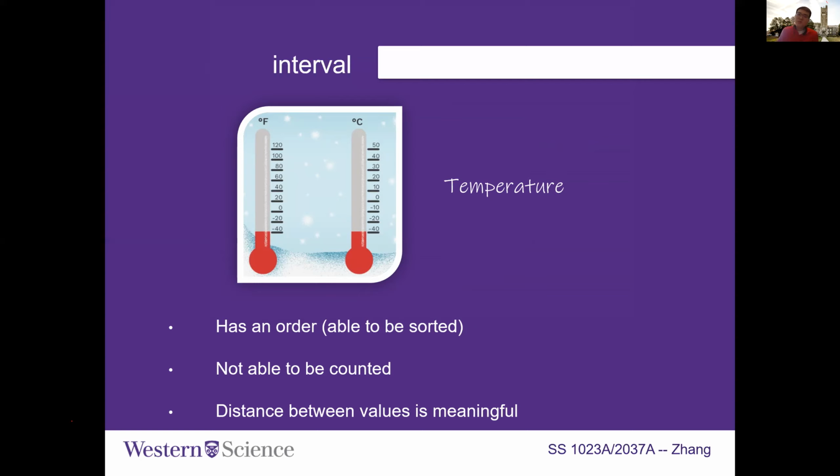Percentage marks: I believe it's more like a ratio than interval, because we do have a specific zero meaning, right? A grade of 0 means you just didn't do anything. So I think that's the specific meaning for that.